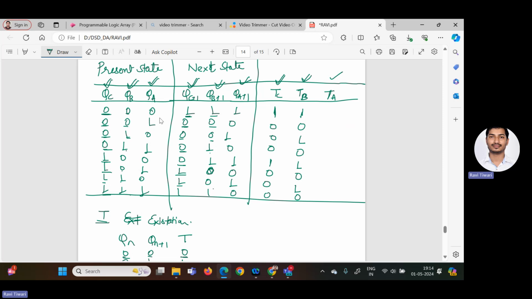and QA plus 1. 0, 1 is different. So 1, 1, 0 is different. So 1, 0, 1 is different. 1, 1, 0 is different. So 1, 0, 1 is different. So 1, 1, 0 is different. So 1, 0, 1 is different. So 1, 1, 0 is different. So 1. Now my state table is completed and we have to find out the value of TC, TB, and